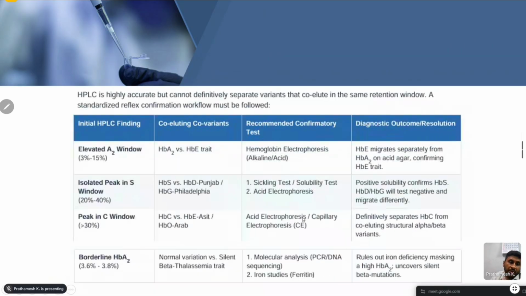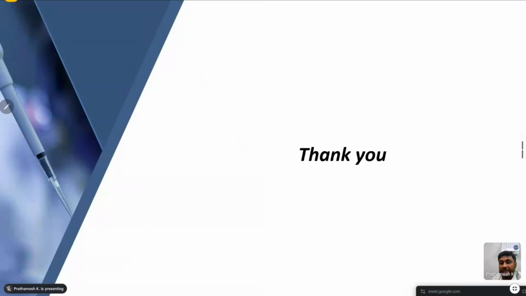सॉरी. Same in peak C window. If you want to differentiate between HbC and HbE, acid agar electrophoresis. HbC, okay. Borderline HbA2, sometimes you might have a normal variation versus a silent beta thalassemia trait. So in that situation, you can go for molecular analysis, that is a PCR or a DNA sequencing, and iron studies. So in that case, it rules out iron deficiency masking a high HbA2, and it can uncover the silent beta mutation. So I think that's all I could cover from